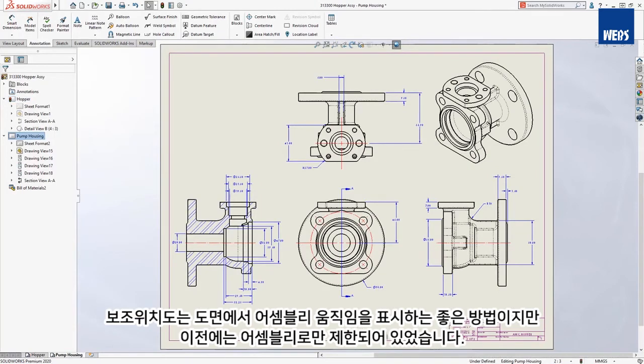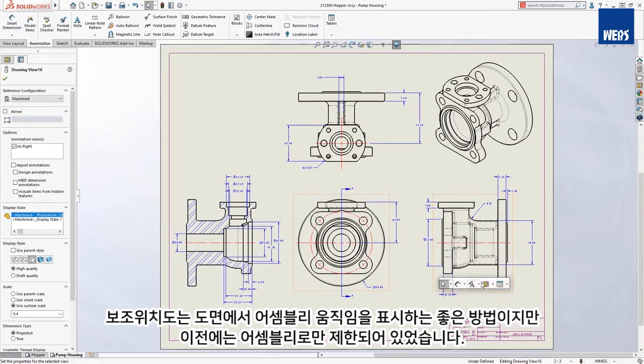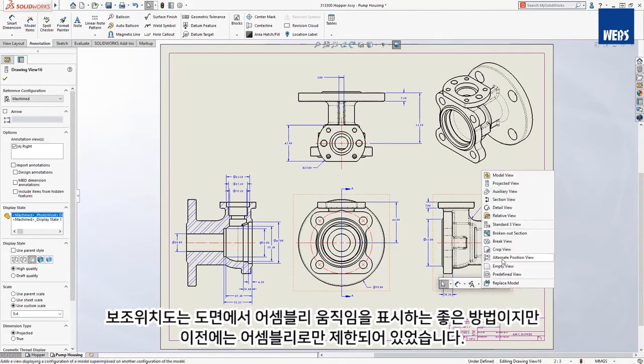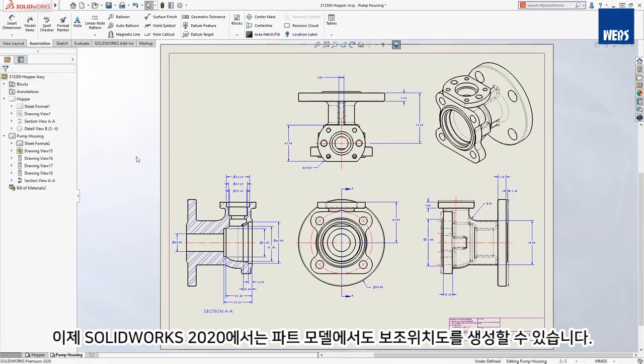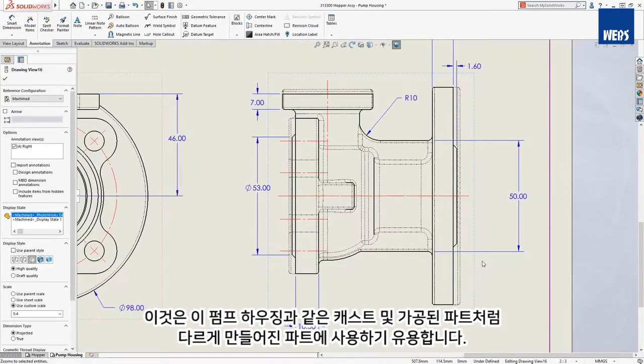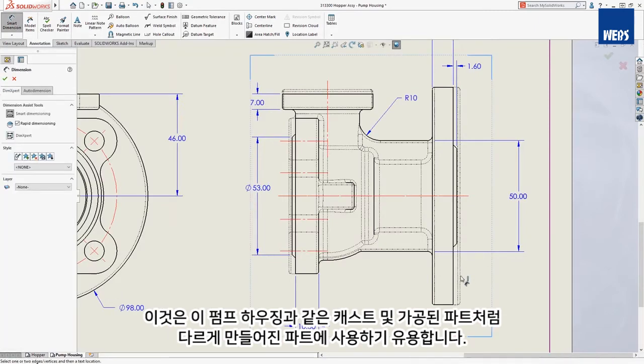Alternate position views are a great way to depict the motion of an assembly on a drawing, but previously it was limited to assembly models. Now in SOLIDWORKS 2020, alternate position views can be created from part models as well. This is useful when you have one part that's made from another, such as a cast and machined part like